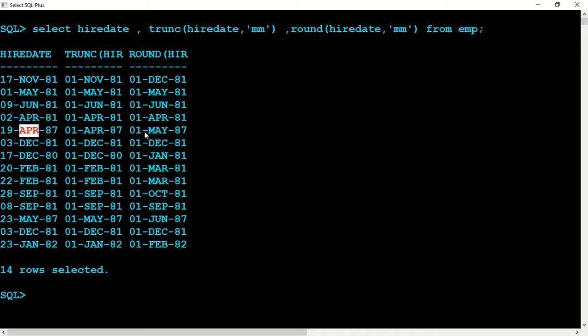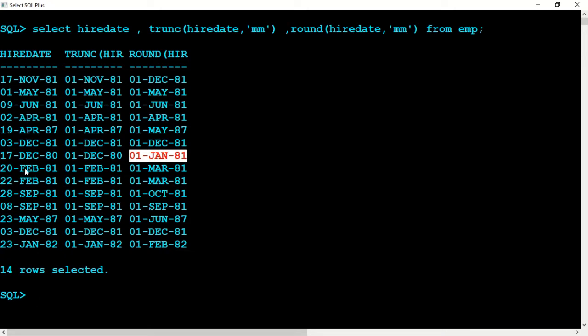April will go to May, first day. Again December, this is less than 15, so the same month, 1st December. Now here 17th December, greater than 15, so this will go to January, and the year will change to 81. We say 1st January 1981.